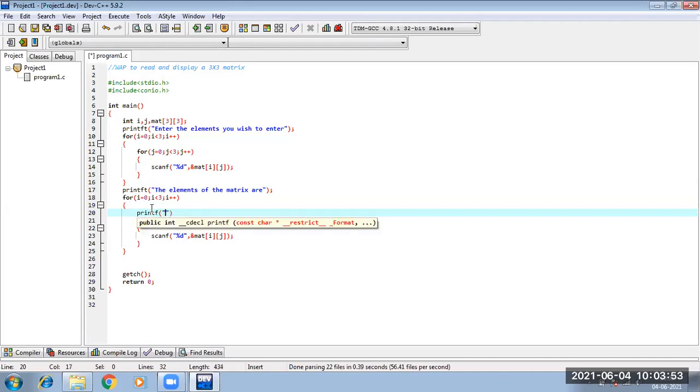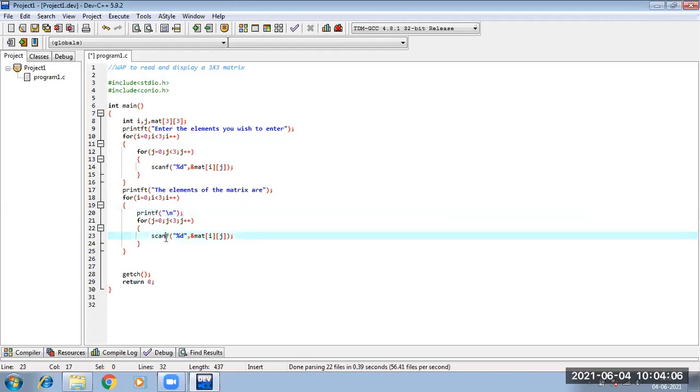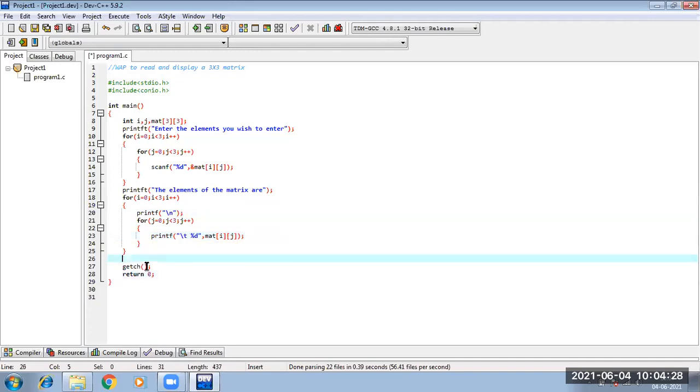And we have just learned that in order to show it in the array, I am using this printf statement so that each element will be in a new line. Fine. So all the things will be the same. Here I will just use a printf statement, and I will use a tab so that they will have a distance, and here I won't be using ampersand. Bas, that's it. Fine. So let us run the program.